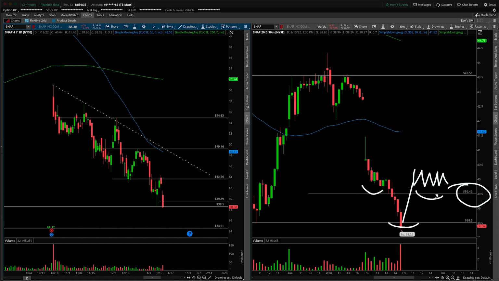it starts to become, it's not the prettiest thing in the world, but a bit of an inverted head and shoulders, just signaling that, hey, we may put in a little bit of a higher low here. Let's see if we can be constructive and at least get it up closer to 43.50. Now, for more convincing longs, I would want to see that level recaptured, and the target would be the resistance trend line. Now, it doesn't look like that's a likely scenario based on the structure that's unfolding here